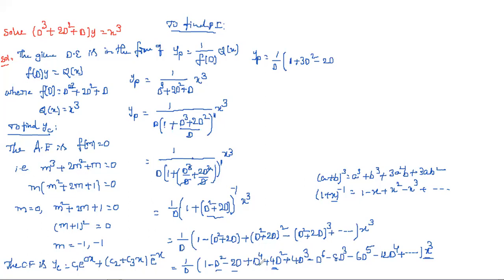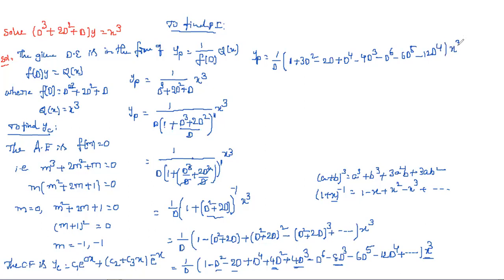Next one, d power 4. Of course no need to write it. Why? Because the polynomial degree is 3 only, and after that the value becomes 0. And next here it is 4d cube. So 4d cube minus 8d cube is minus 4d cube. And next these are minus d power 6, minus 6d power 5 and minus 12d power 4.